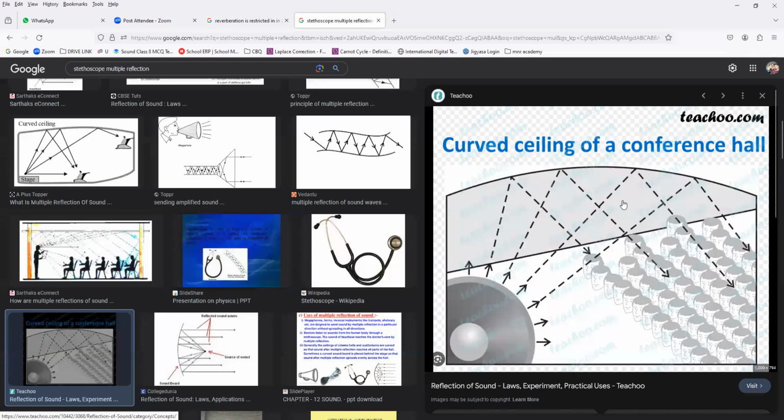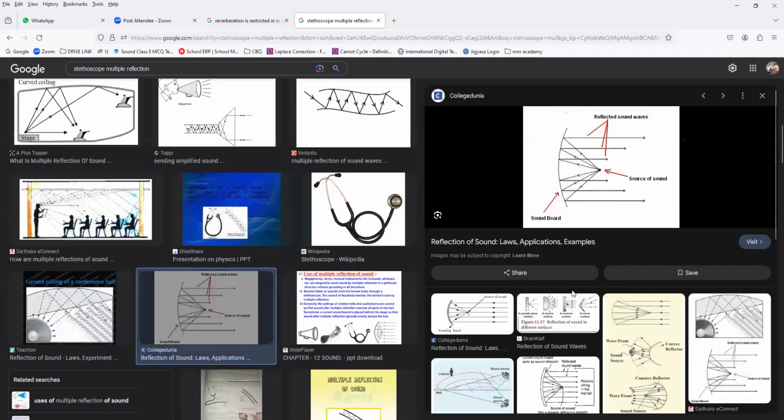This actually concerns the concert hall, which we'll discuss. So we used to call these soundboards. There will be some special kind of boards in big crowded halls, like where you can imagine a Thalapathy movie release, very crowded areas. In a big crowded hall, the sound of speech can be absorbed by the floor, roof, curtains, people, etc., due to which sound may not be heard by all the people sitting on the